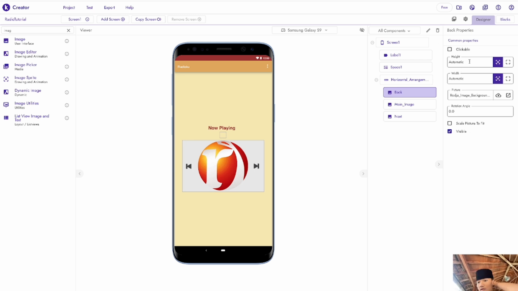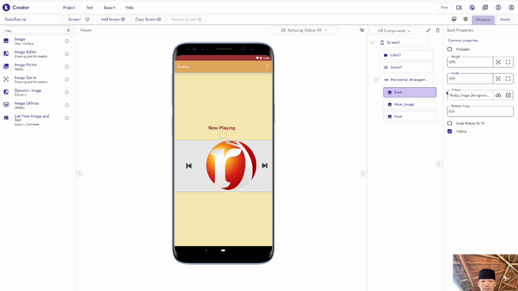So the height of the back, we're going to change it to be 30%, and weight will be 30% as well. Maybe weight is just going to be 20%.